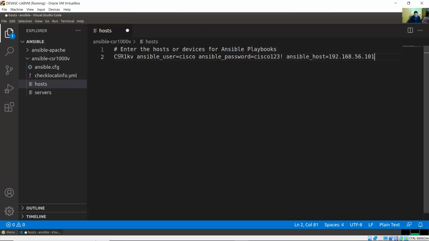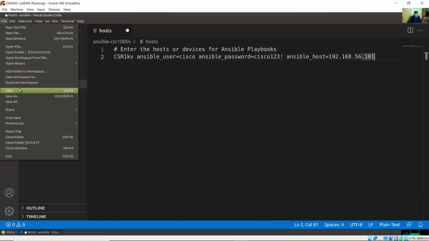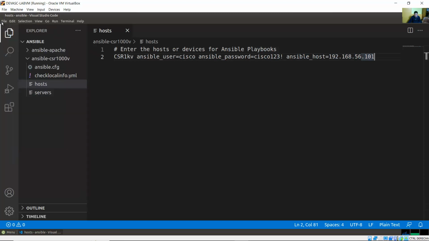Okay, this is the alias, the username to access the router, the password to access the router, and the IP address of the router. Don't forget to save. Save. Very nice. Okay, and now